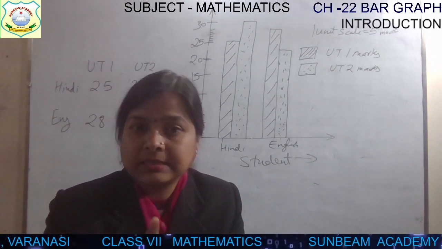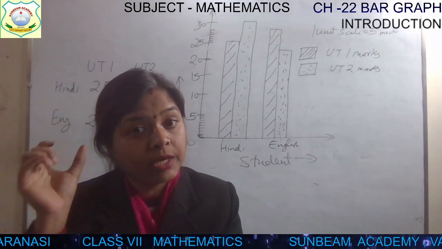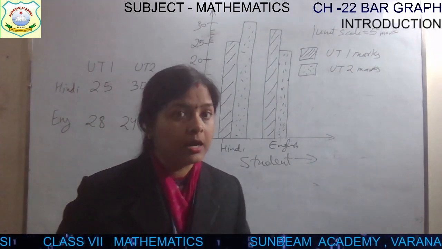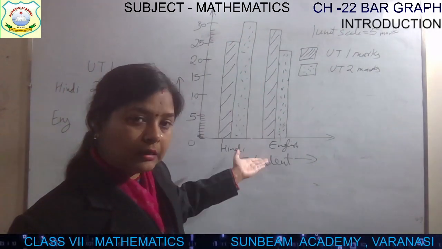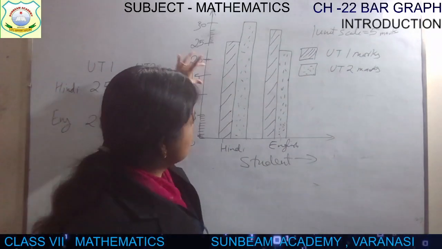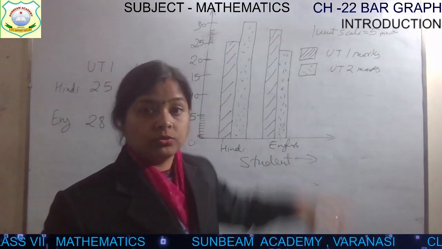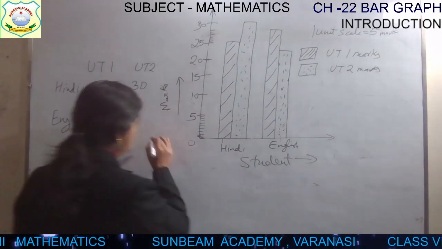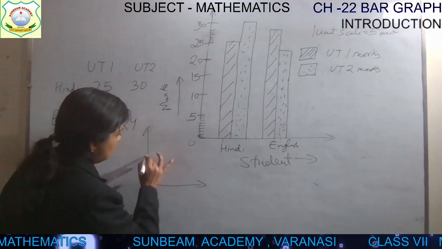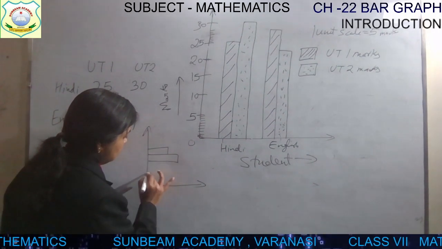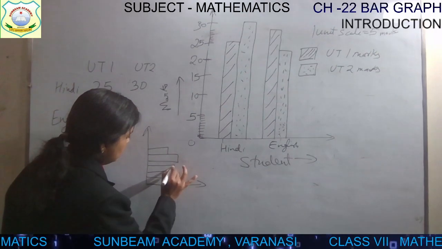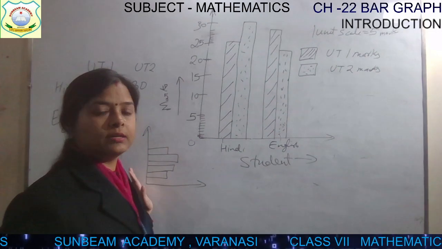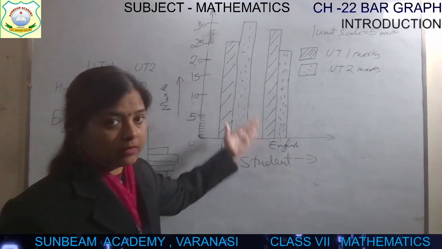You are using bars here, rectangular bars of equal width. ये equal width के होंगे, this is equal width, rectangular bars. ये vertical bar graph है बेटा, vertical bars are here. If you will plot the bars in this way, है ना, ऐसे करके, तो that is called as horizontal bar graph. वो क्या कहलाता है? Horizontal bar graph. अगर आपका bar graph ऐसे हो गया, ठीक है, सो ये क्या हो गया? This is horizontal bar graph. ये हो गया horizontal bars, and this is vertical bar graph.